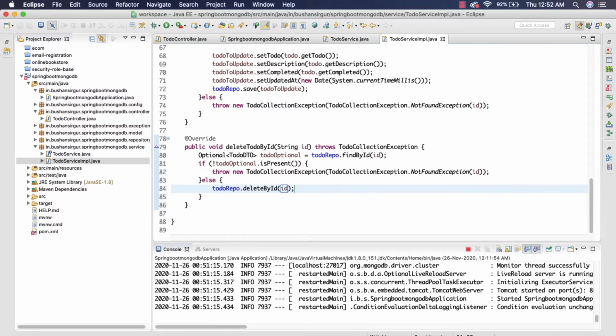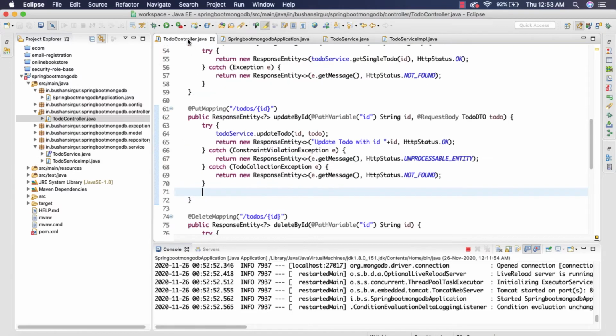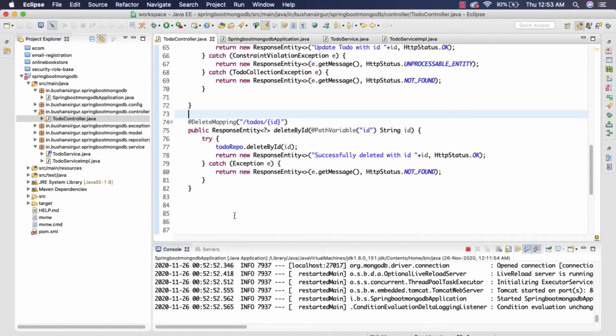Let's save this. So now we have added a service method which takes care of deleting the document. All we need to do is refactor the controller, or the request mapping. Let's go to the controller, and we have this delete mapping.